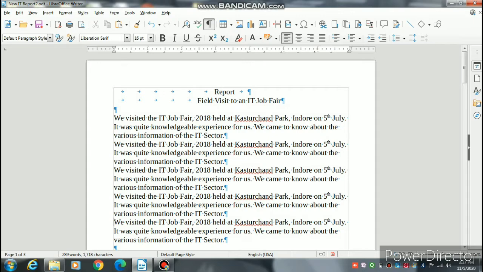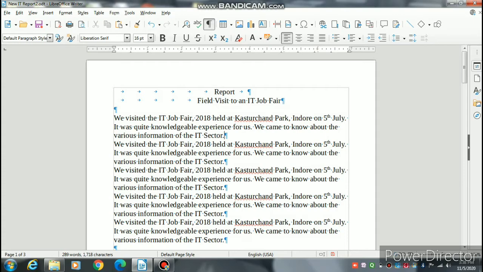You can see wherever you have used the tab key or enter key. This is the enter key because I just simply came to the next line by pressing the enter key.